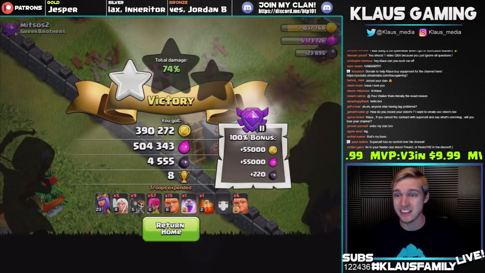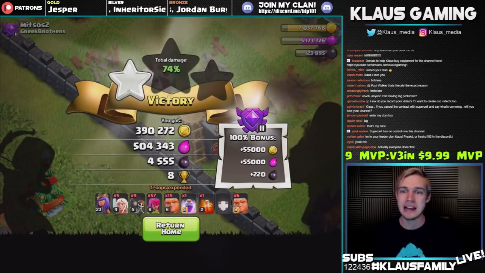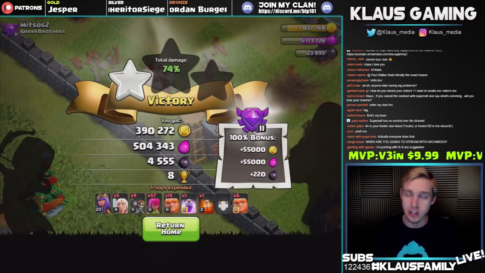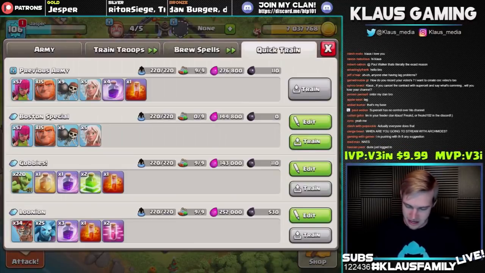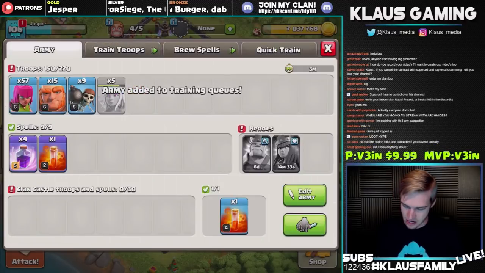4,770 dark elixir plus a more than fair amount of elixir, and even more in dark, or even better in dark and gold, because we need that gold for walls and such. So that was a really good first raid, and the Boston special absolutely getting it done. Definitely. So let's get the next army training up, and I've got about 3 minutes until the army is ready,